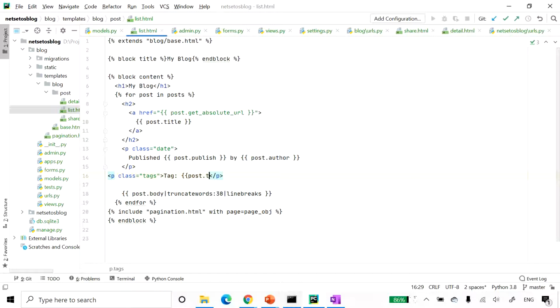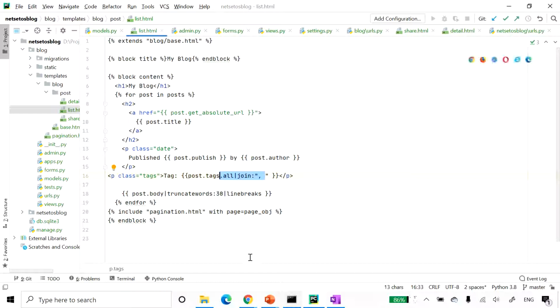So I'll write post.tags.all, which we used in CMD for getting all the tags. Then I will put join, and here we will put a comma. Then we will close this tags. Here we used the join template filter for concatenating the elements with the given string. As we have in our Python also, the join method, it is the same as that join method.